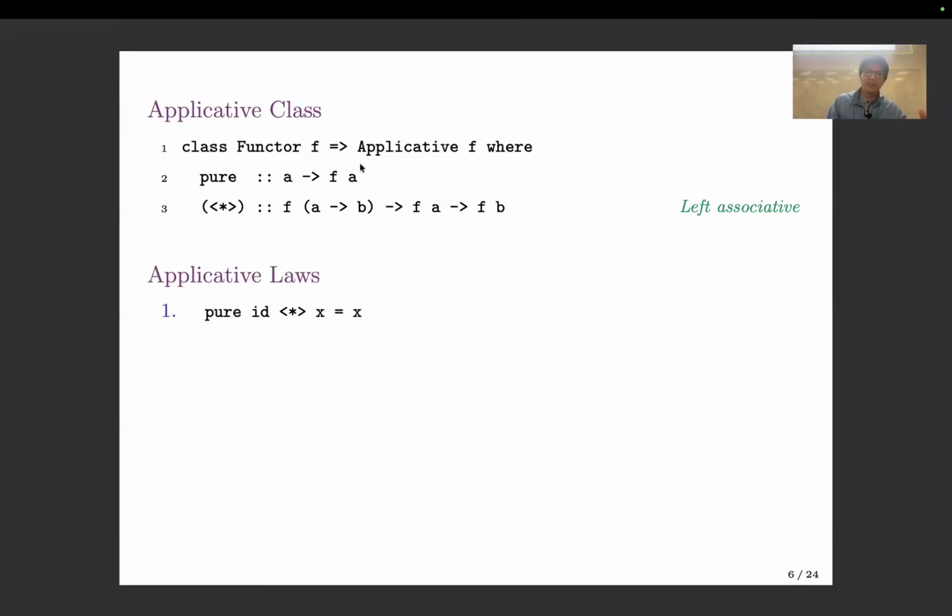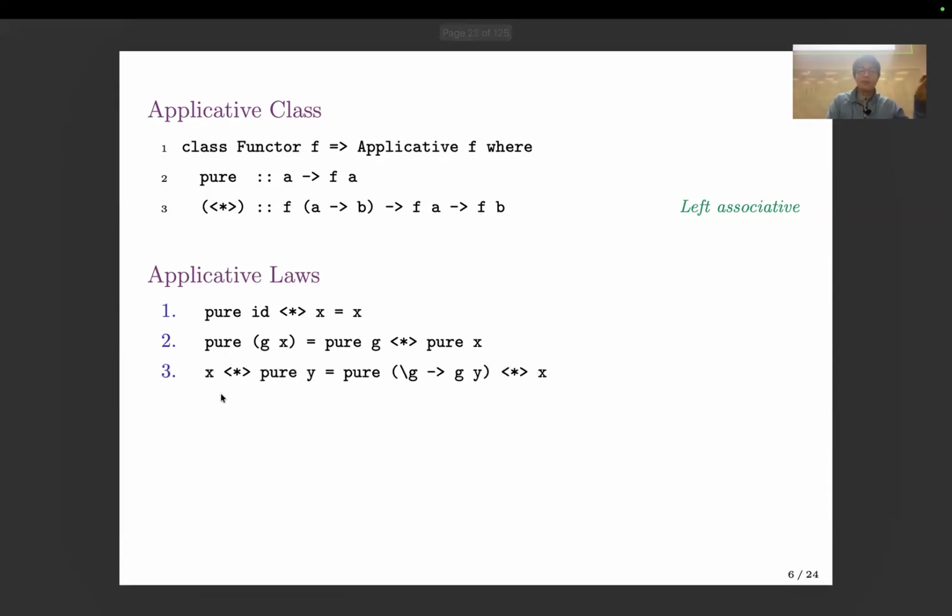There are four laws here. If you put the identity function in the box and then you apply that, or I'm not sure what to call this, you applicatively apply it to X, then you should get X back. If you put G of X into pure, then you should get pure G applicatively mapped to pure X. If you get X, applicatively map that to pure Y, that's the same thing as taking pure. And okay, this is a little bit,